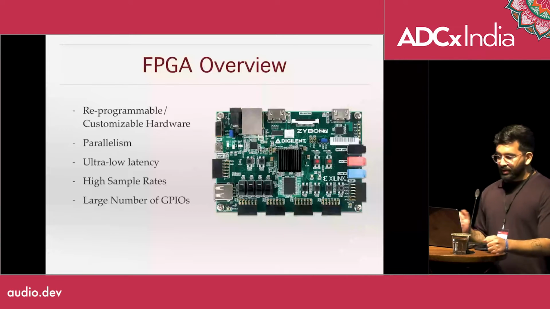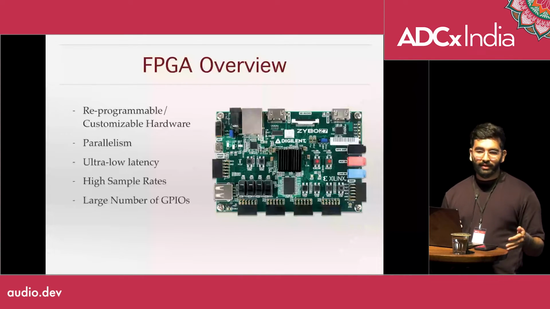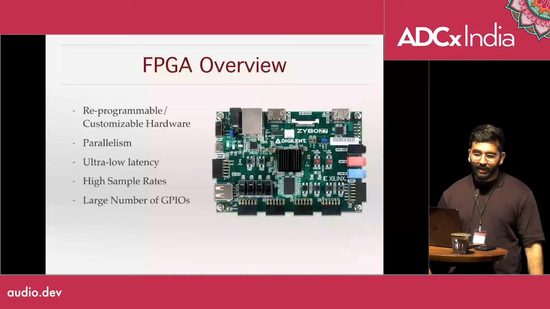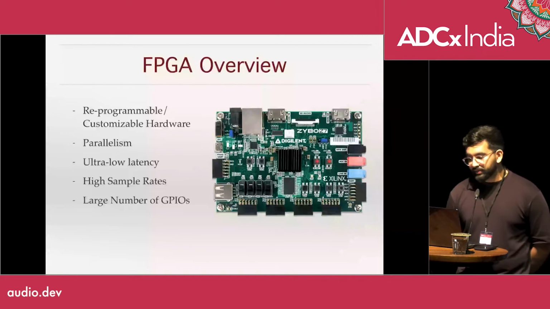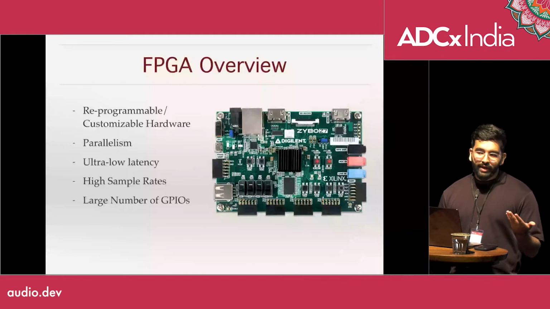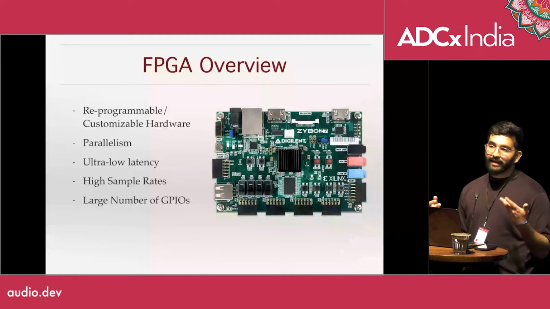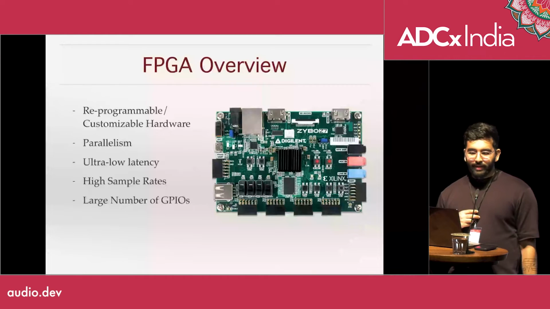Another thing is, on FPGAs, we can work with extremely high sample rates, in the megahertz, like above 25 megahertz, around 100 megahertz as well. So we can actually do our audio processing at those sample rates. That means we can achieve something very close to virtual analog. We can achieve alias-free, higher order FM synthesis, for example.